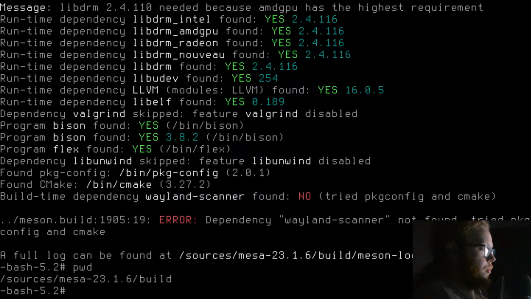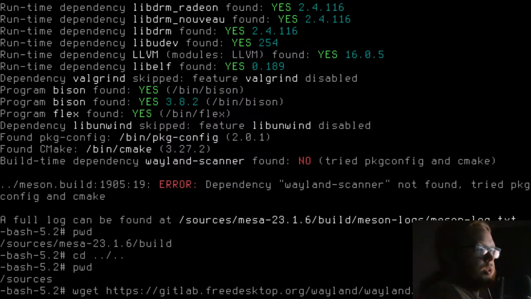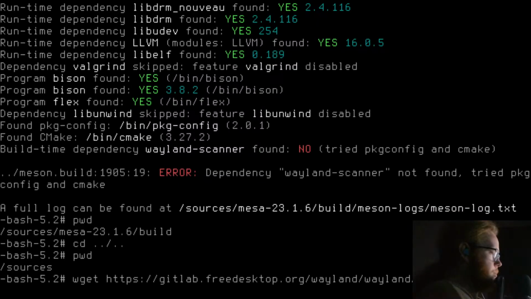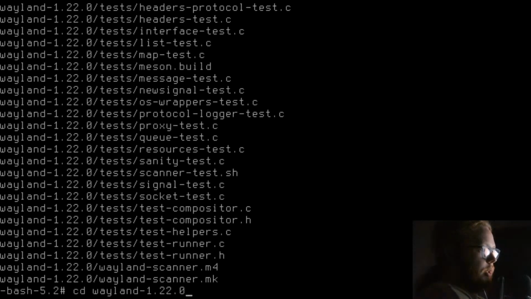Okay, so I want to do wget https://gitlab.freedesktop.org/wayland/wayland/releases/1.22.0/wayland-1.22.0.tar.xz. tar -xvf wayland, cd wayland.